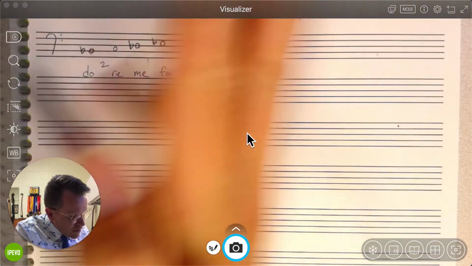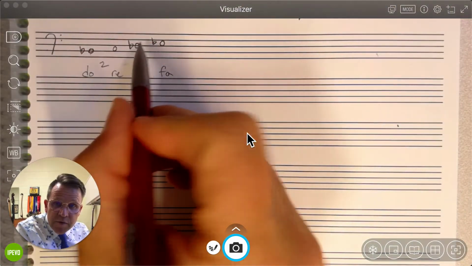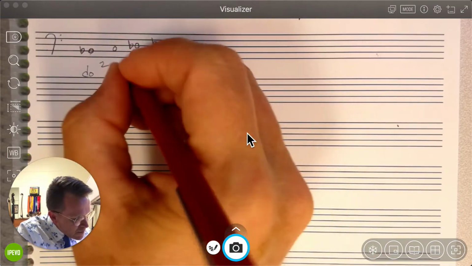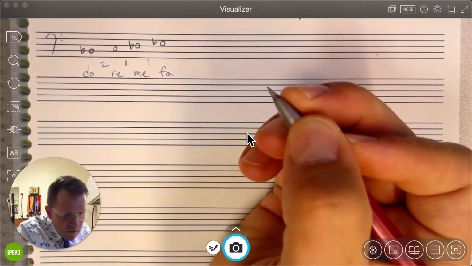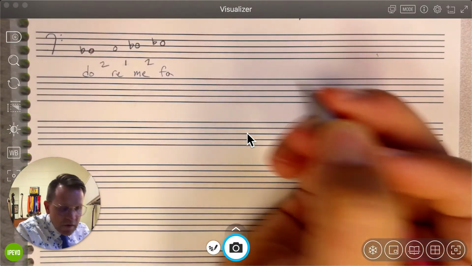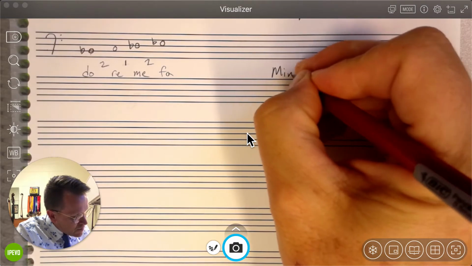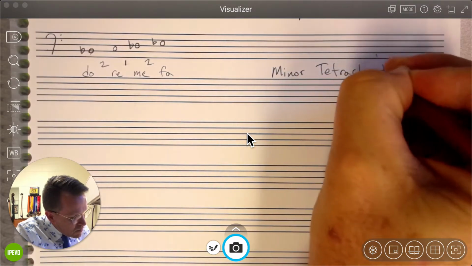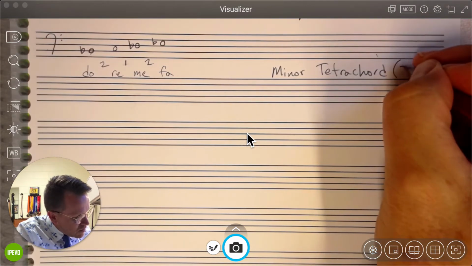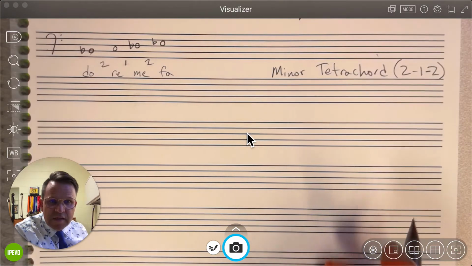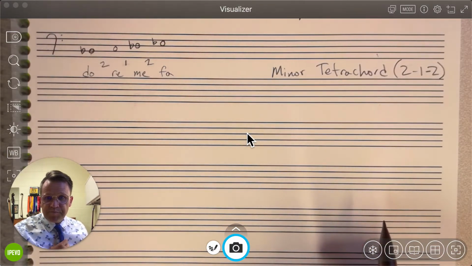Now if I increase that distance here by lowering that pitch 1 to the left, or closer to this re, I now have 1 semitone there and 2 here. So for a minor tetrachord, our relationship is 2, 1, 2. And that is the semitone relationship.